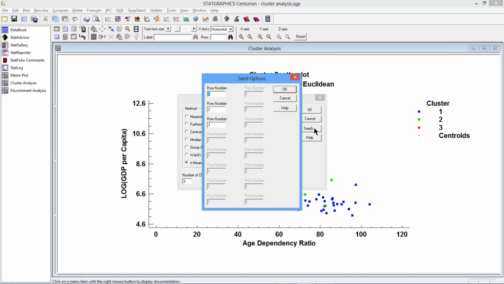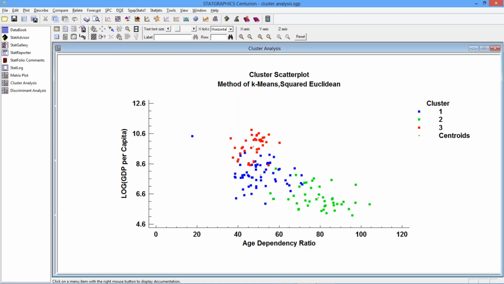This is the screen now where I want to tell it what countries to use as seeds. And I need to do it by row number. Well, I've already figured this out for you. I know that the United States is in row 176. I know that China is in row 33, and India is in row 78. So I'll put in the row numbers for those 3 countries, use them as seeds, and it will now apply